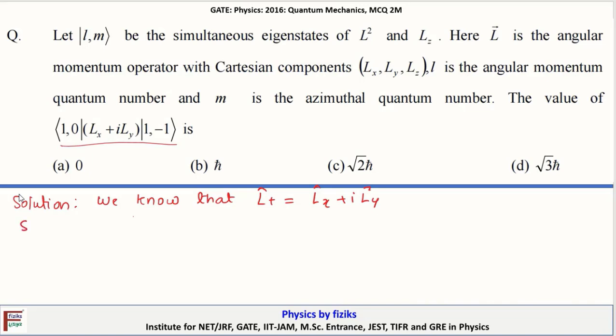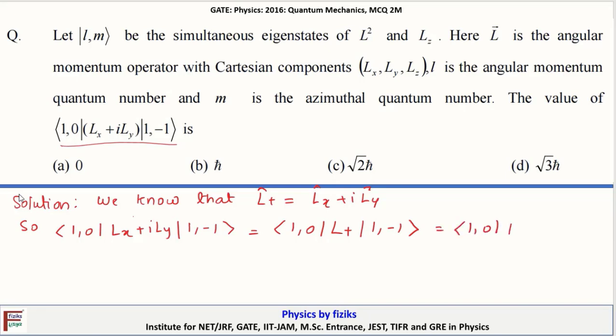So the value of ⟨1,0|Lx + iLy|1,−1⟩ is equal to ⟨1,0|L+|1,−1⟩, that is equal to ⟨1,0|√2 ħ|1,0⟩, which is equal to √2 ħ,